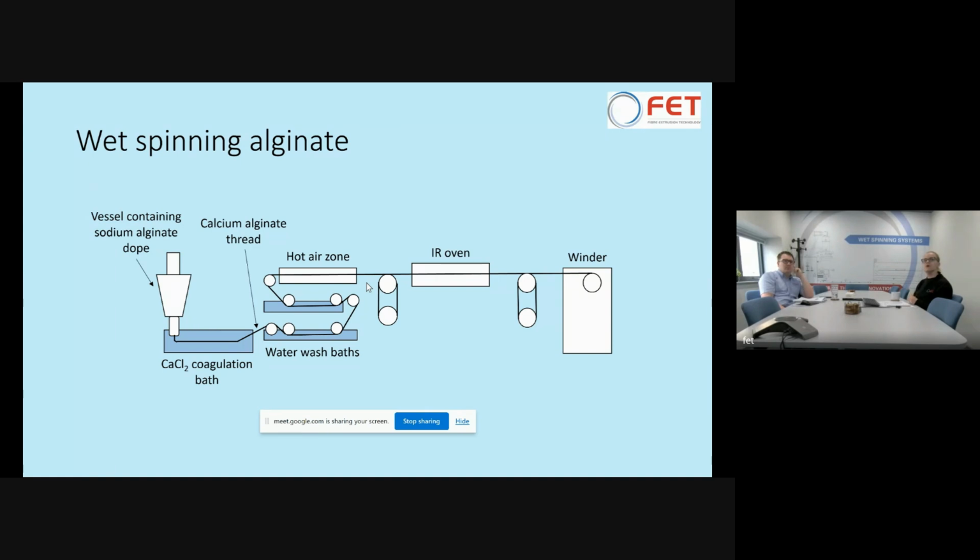So when you're actually wet spinning an alginate, this is probably something you would start with if you're new to wet spinning, as the chemistry is fairly innocuous and relatively simple. So you have your vessel, which contains the sodium alginate dope. So you would dissolve your sodium alginate in water. This is normally anywhere between 3 and 10%, depending on how viscous you need your solution to be. Then you would extrude that through the spinner into the